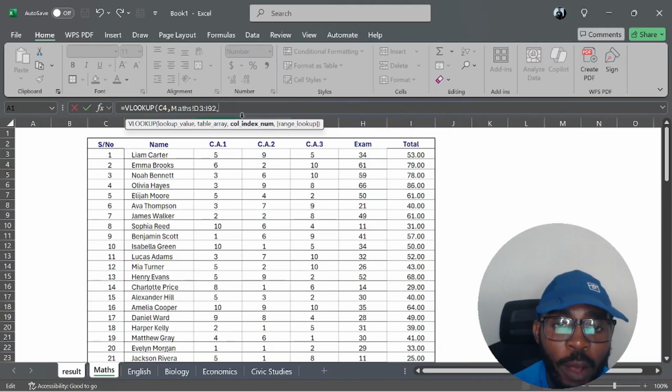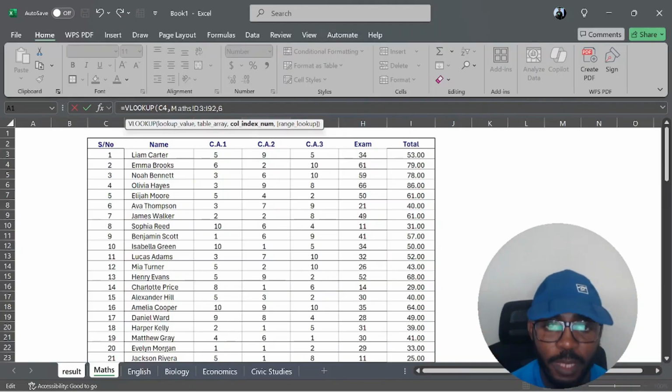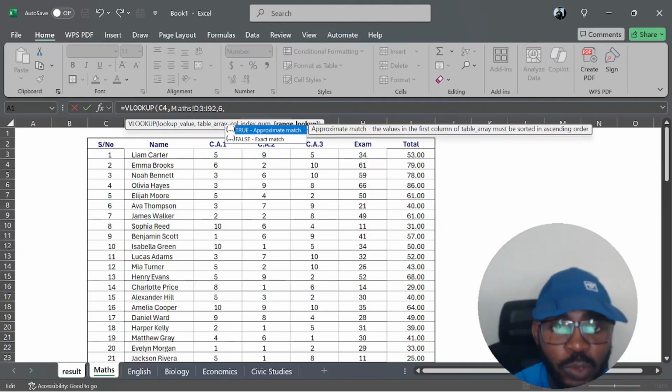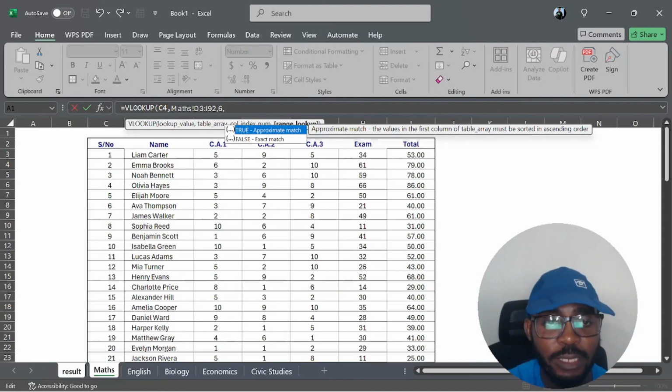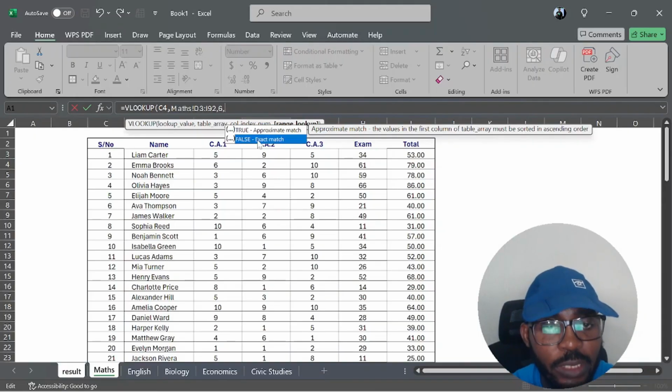So that's why our column index number here is 6, because the value in the 6th position is what we're interested in returning. Now the next bit is the range lookup. Here you're specifying what type of match. We just want the exact match of Liam Carter, so we're going to say FALSE, exact match. You can double click or type FALSE,